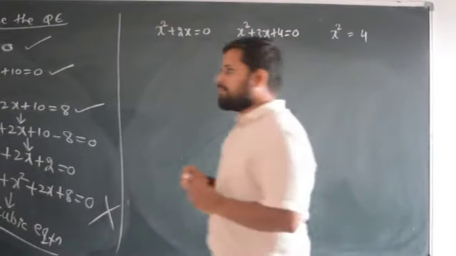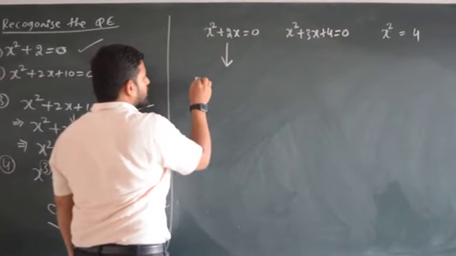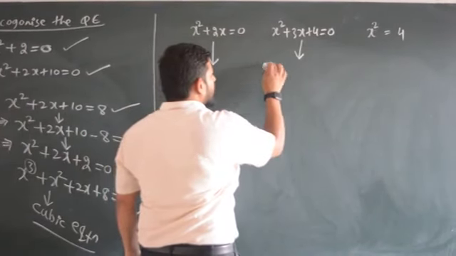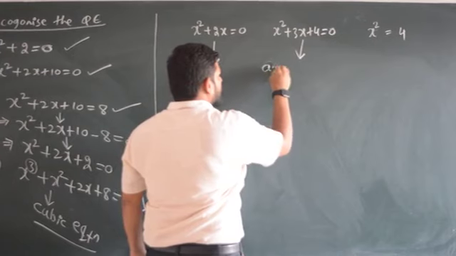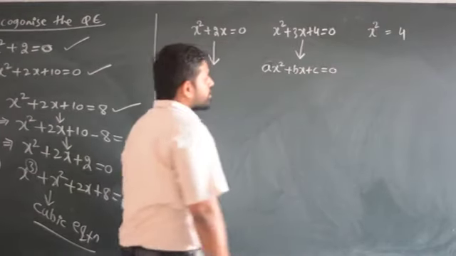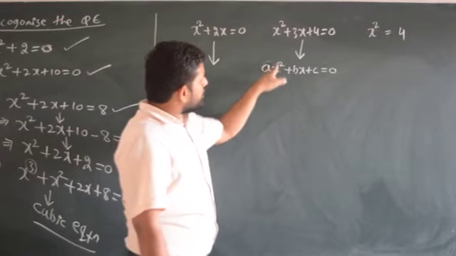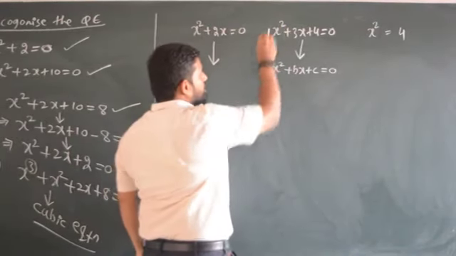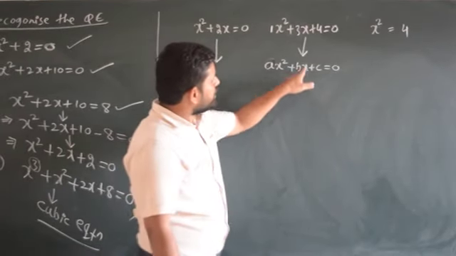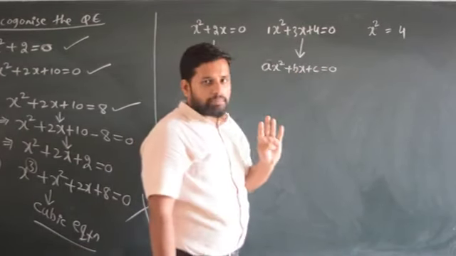But if you look at them very keenly, look at this. I will be having one general equation. This is the standard equation. Can I write it as ax square plus bx plus c is equal to 0? Look at this. Do these two things follow the same pattern? X square is there, and behind this x square what is there? 1 is there. That is also okay. If nothing is there, it means 1 will be there. Here x is there, and here I have the same x, and c is there, I have some number 4, equal to 0. It is following a proper pattern.